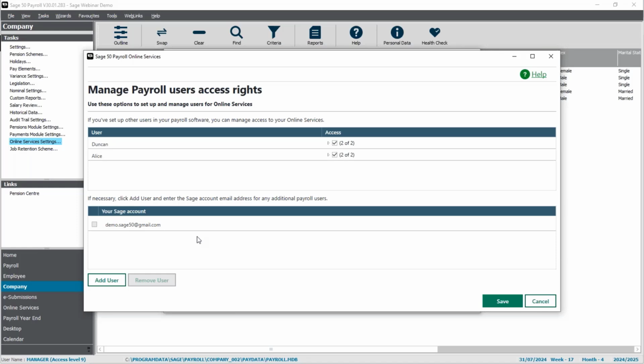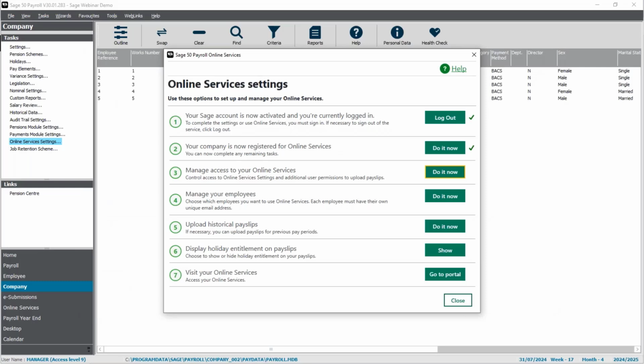In the section underneath, you'll find any email addresses that are authorized to upload the payslips. So I've got the email address that I used as my main admin account, but if, for example, Alice had her own email address and I wanted her to use that email to upload payslips, I can add additional email addresses in this bottom section, which will then give them kind of upload permissions. So I'm not going to make any changes here. I'm just going to save the current settings,